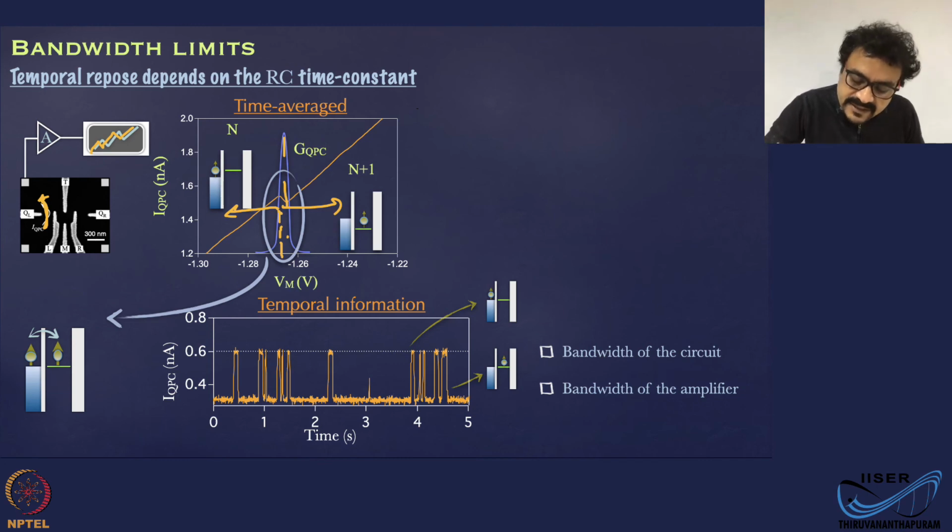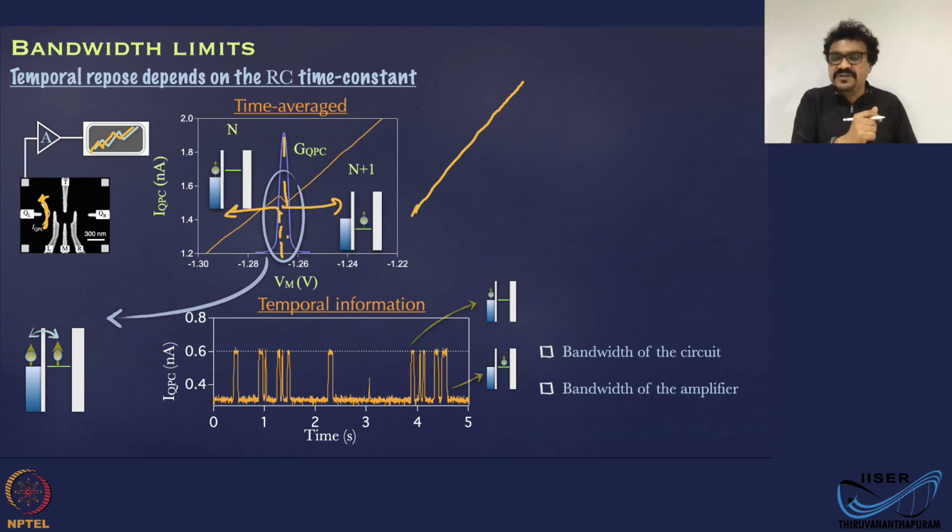This region is your general background of the QPC. The slope is an artifact of the measurement, because when you sweep the gate voltage Vm, that also affects the conductance of the channel. So the overall effect of the direct capacitive effect of the Vm sweep, the change in this gate voltage, is to reduce the current through the sensor. But the electron tunneling event is going to show up on top of that reduction.